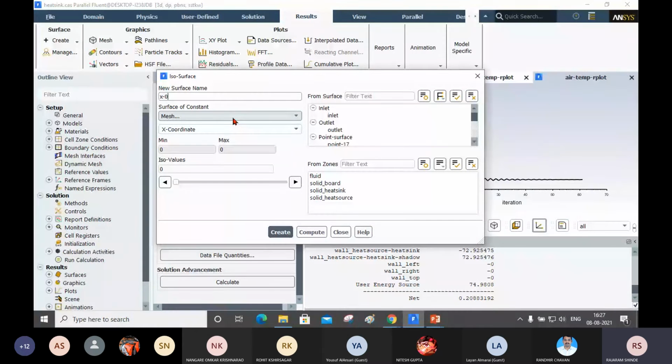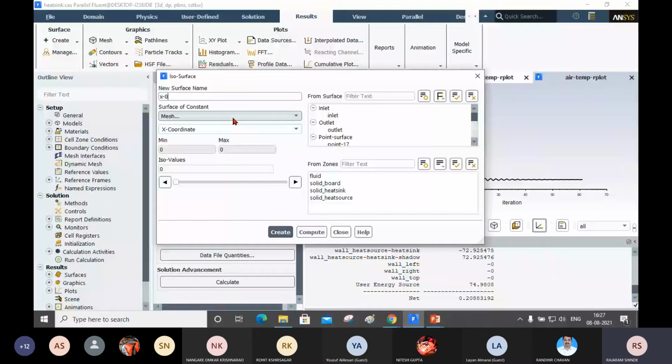I'm going to create the new surface at the location where x is equal to 0. So I will click on the create button. Now it is created. I will close this.